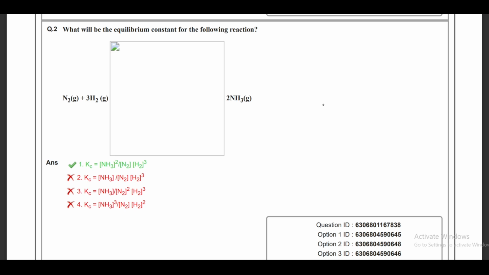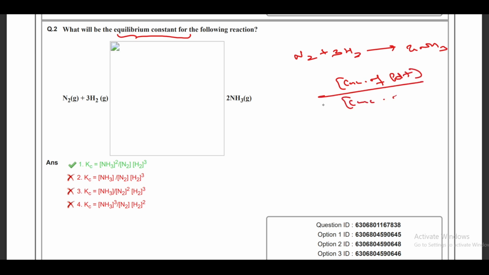In the second question, they are asking what will be the equilibrium constant for the following reaction. They are providing you the reaction for the formation of ammonia from nitrogen and hydrogen. You have to provide the equilibrium constant, and you know that the equilibrium constant is the ratio of concentration of products to concentration of reactants, each raised to the power of their respective stoichiometric coefficients. So concentration of products over concentration of reactants, raised to the power of stoichiometric coefficient,